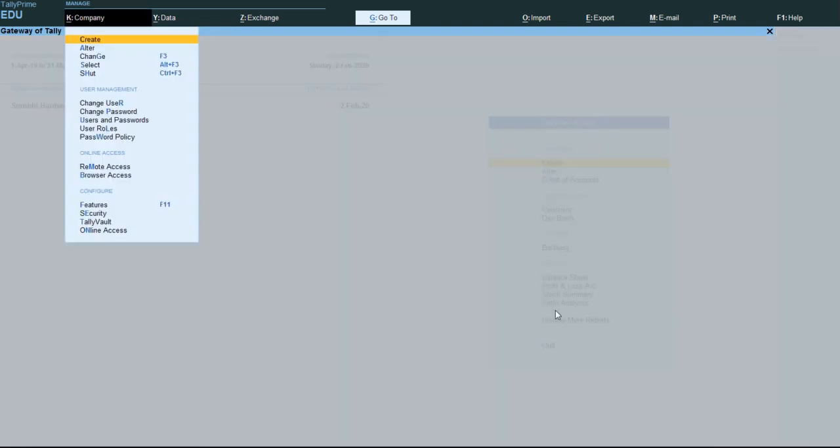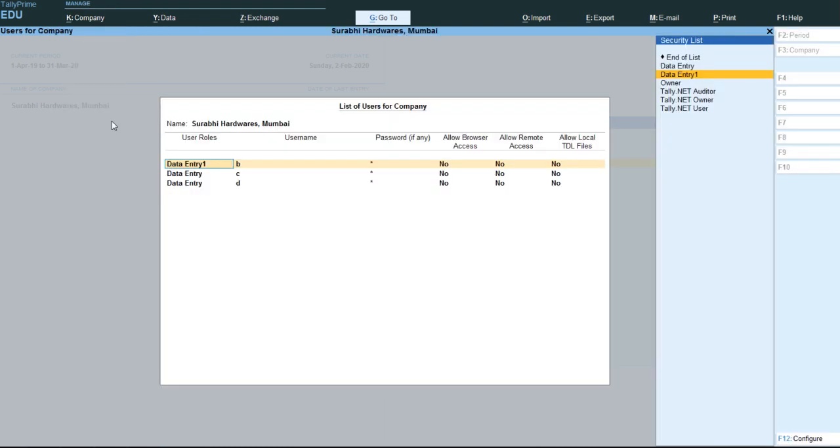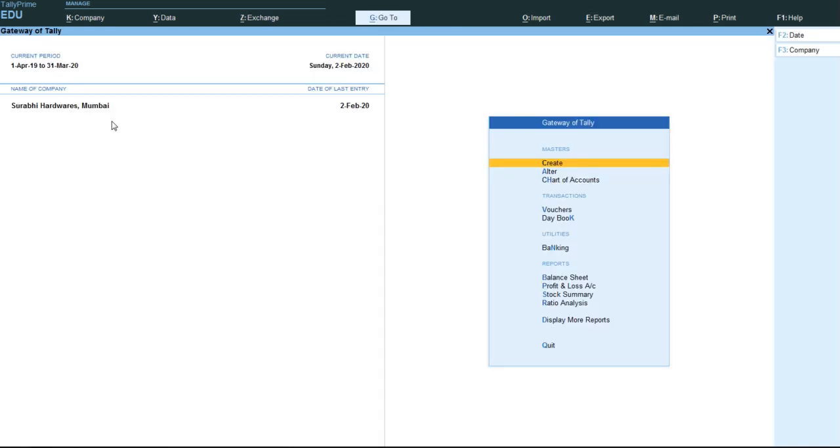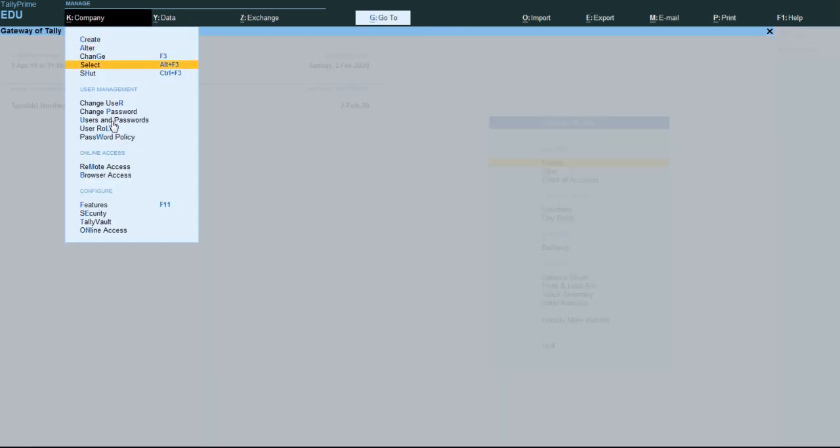Next option is user and password. We already know what that is. We can create data entry 1, 2, 3, 4, 5 users and passwords as per our business. That is simple. Next we will go to user role.